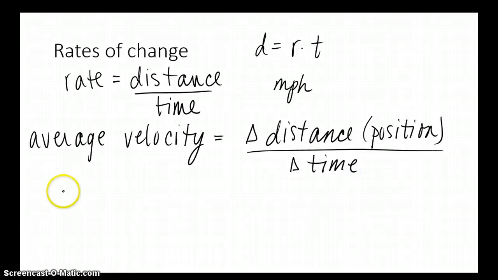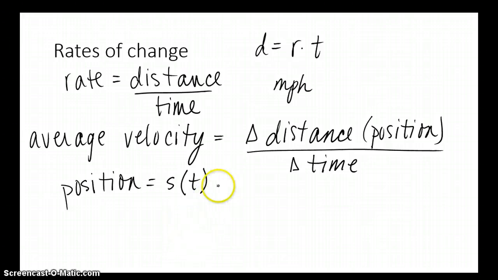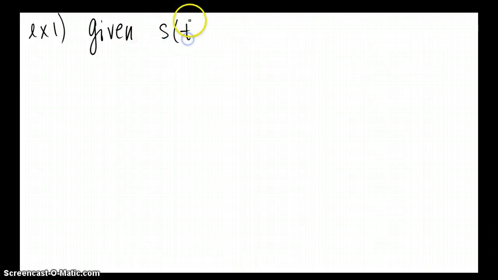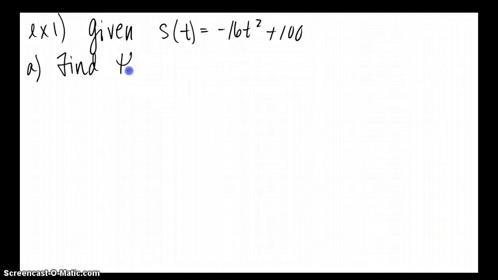All right, position functions in our textbook are represented with s of t, or you could see a position function represented as x of t, depending on the textbook that we're looking at. All right, so given the position function, s of t equals negative 16t squared plus 100. First, find the average velocity